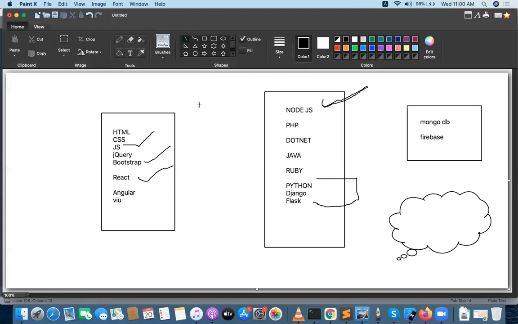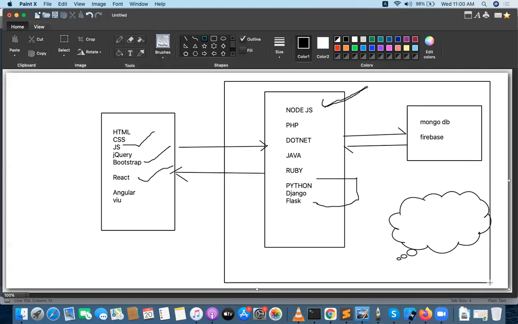And see, this is the front end. The front end is always communicating with the backend. We give some requests to the backend, and the backend gives some responses to the front end, and we merge the data on top of the web pages. And this backend is always communicating with the database, and the database gives the data whatever you request. This is the process of how a complete web page runs. This is all back end.